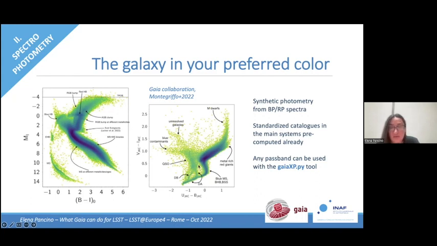And in the color-color diagram, one feature that, in my opinion, really shows the power of these synthetic magnitudes is how well you can separate the white dwarfs of the DB and the A type. Here, you see very well separated sequences. So this synthetic photometry comes in pre-computed catalogs in the most widely adopted systems, but also with a tool to compute your own synthetic photometry in the system that you would like to explore.